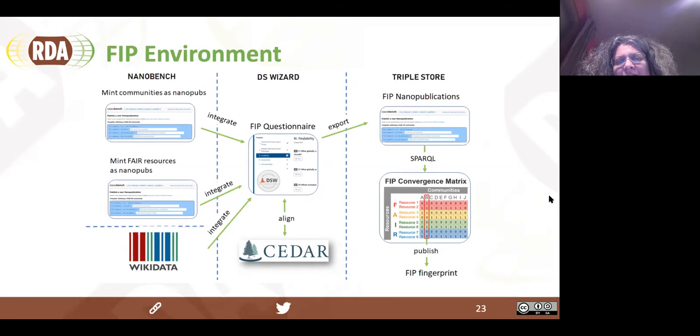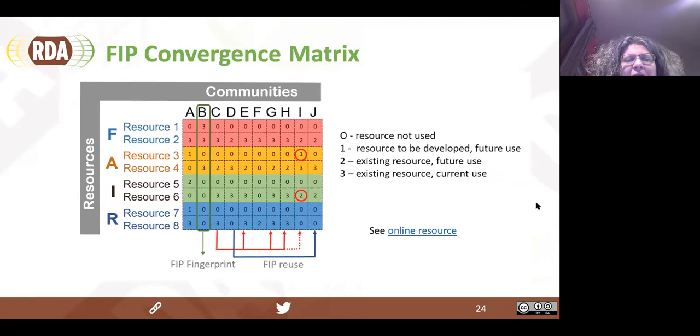And you fill out the questionnaire, and once it is filled, you can then export this information as RDF to a triple store. And with all this information in the triple store, you can SPARQL this information and get out a convergence matrix. And this convergence matrix lists the FAIR enabling resources